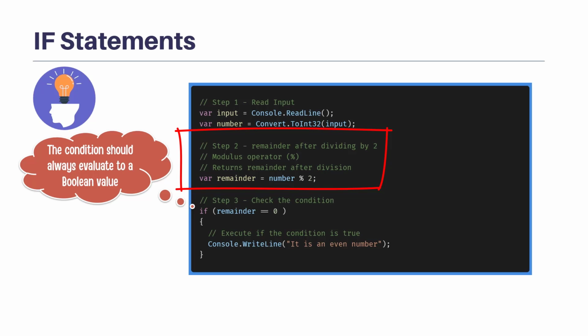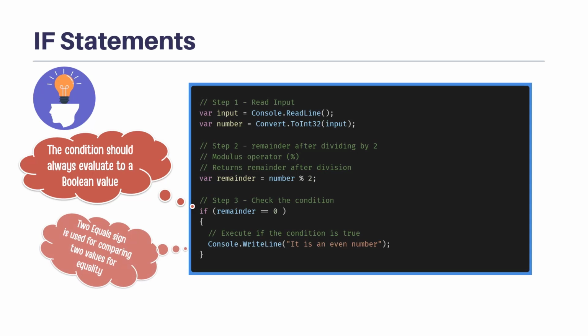So now that we know the remainder, we need to decide if the remainder is 0 or not. So for that, we can write an if statement. And in the brackets, we can check if remainder equals to 0. This condition here checks if the remainder is 0 or not. And if this condition is satisfied, then the control of execution goes inside the if block and prints the text. You must already have noticed that we have used double equal to sign. In C#, single equal to sign is for assigning the values, while double equal to sign is for comparing the